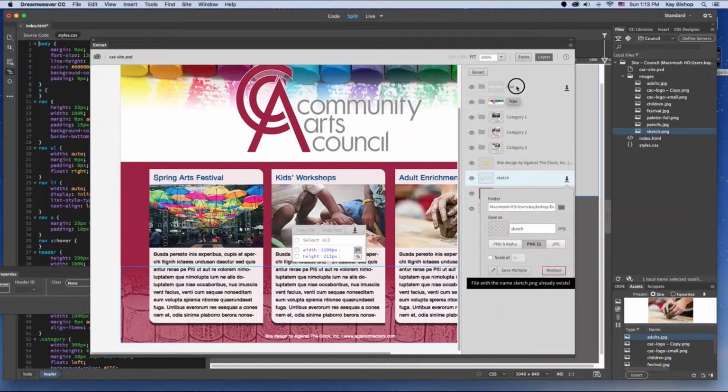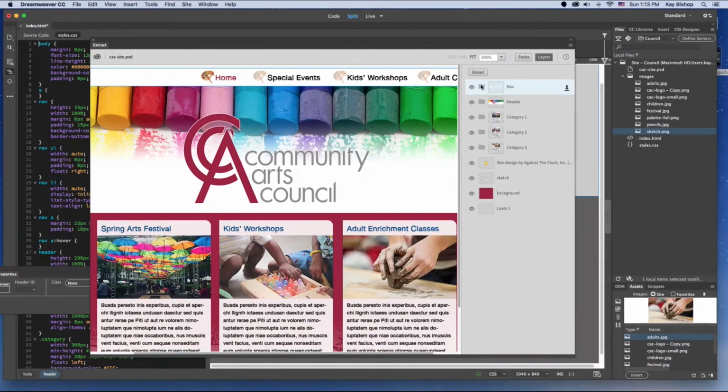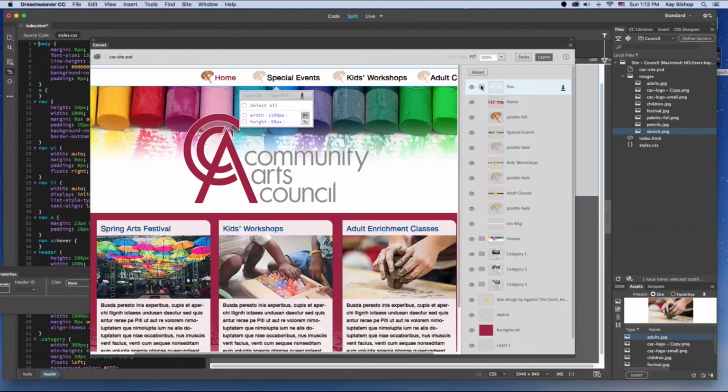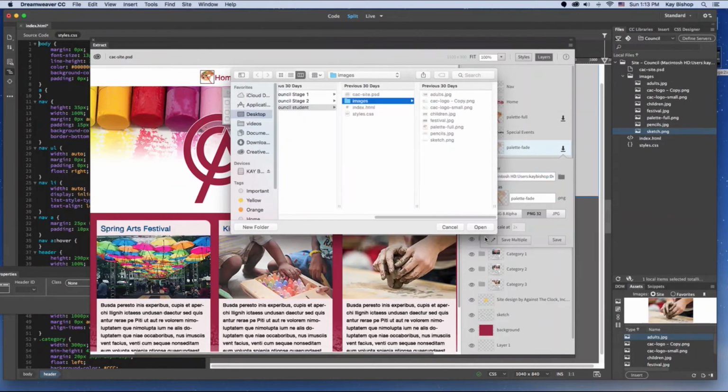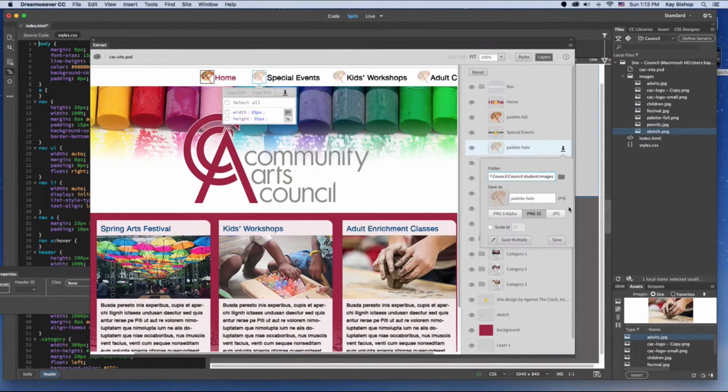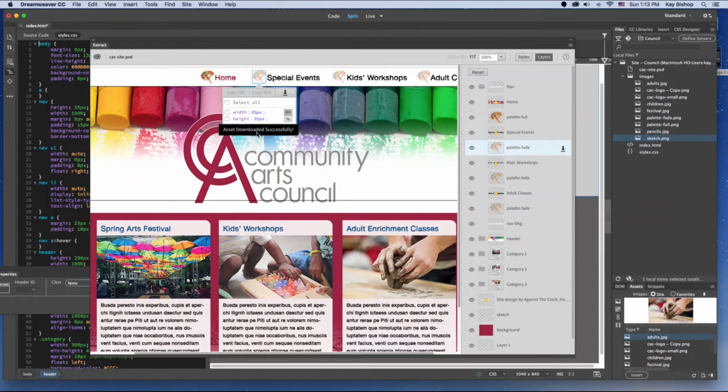Now I'm going to go up to my nav layer and expand that folder to view all the layers in the nav element. And I want to select the palette fade. I want to extract that and browse to the correct folder, in the images folder. And then I also want to select the PNG32. And then you'll see it says that it downloaded successfully, and you can see it in the images folder in